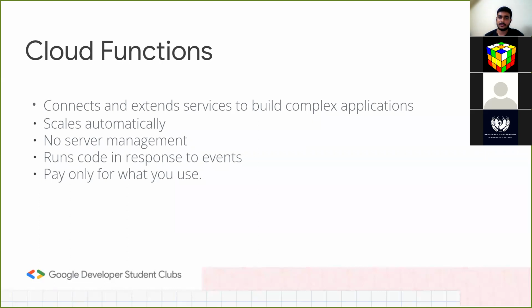AI will process it and add a tag of dog. Maybe they can add the breed of the dog also, and it will be saved. Instead of writing a full custom backend for it, they can simply write a function to do this task. Every time a user uploads an image, that function is triggered and it will store the data in some kind of database.